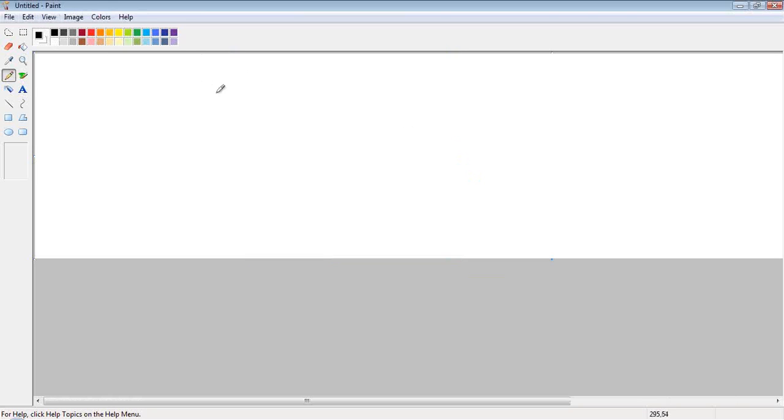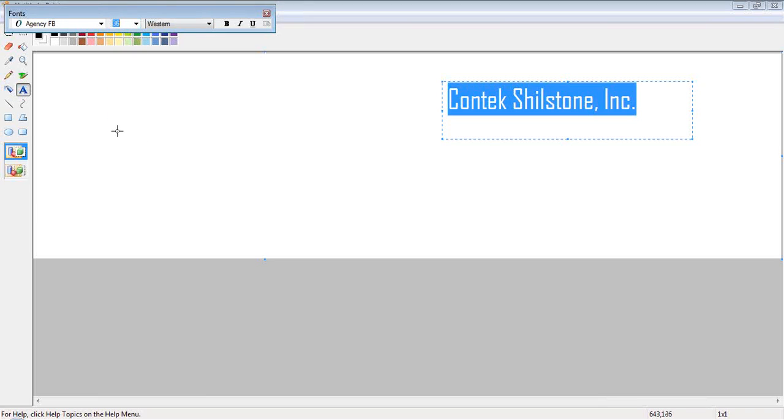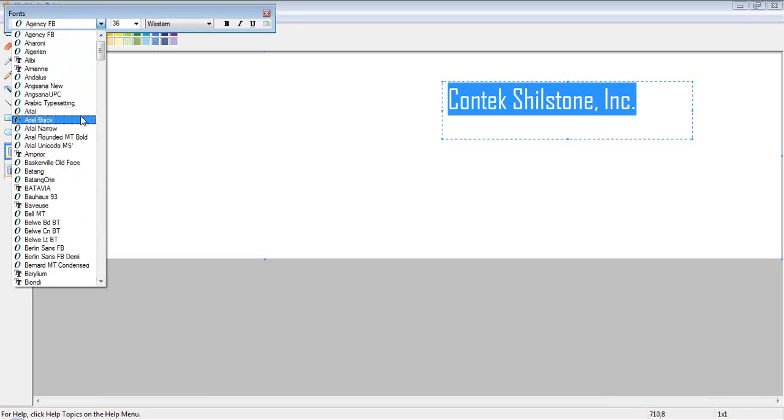And you can do things like, if your logo is a square, what I've done sometimes is paste the square into a square space here, and then I've come over to the side and use the text tool to put in stuff like Contact Shillstone Ink, and then make the text much, much bigger, like 36. Then, of course, you can change the font to whatever you want. Arial Black,